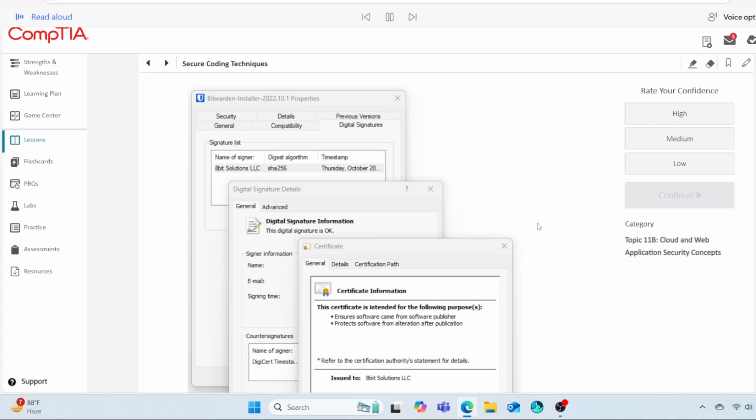2022.10.1 Properties. Digital Signatures tab is selected. A section titled Signature List provides details of name of signer, digest